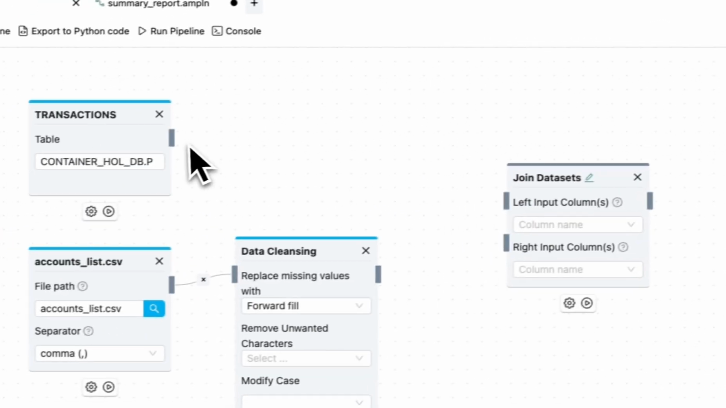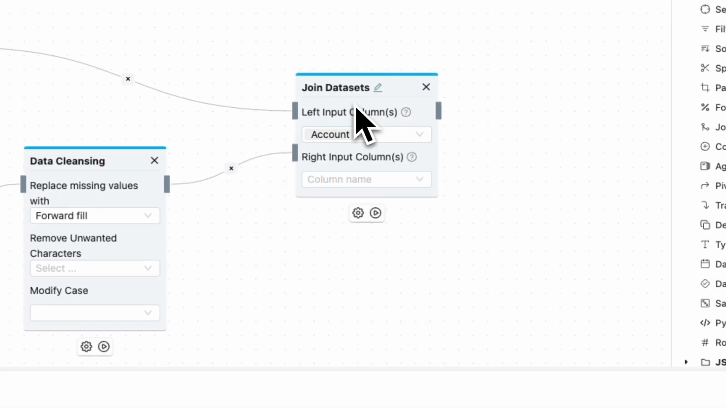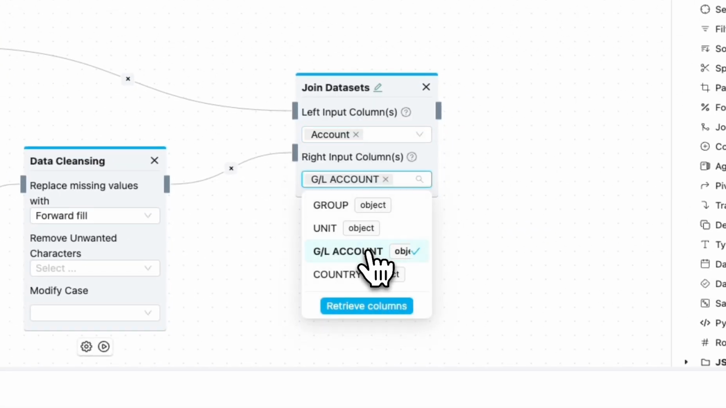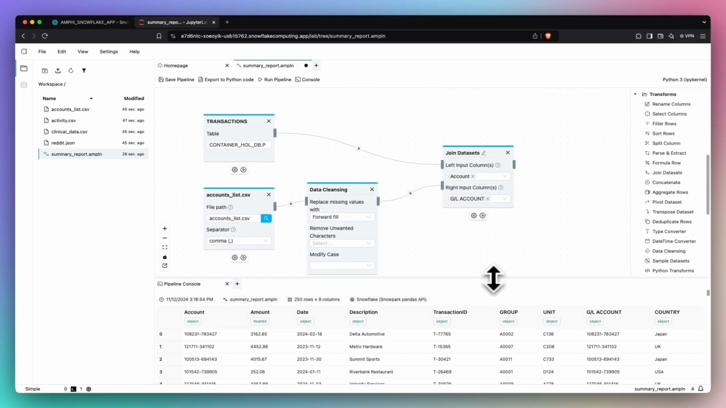Next, I'll join both datasets to consolidate the resulting data. Let's link the three components and select the matching column. After a quick review of the data, I need to add a new column to classify accounts based on our